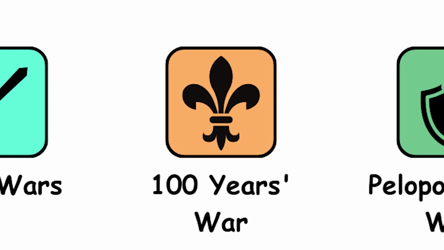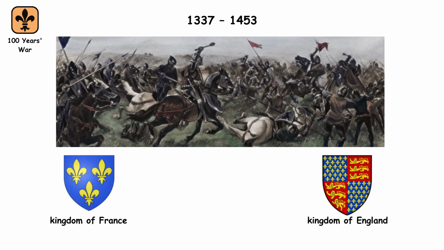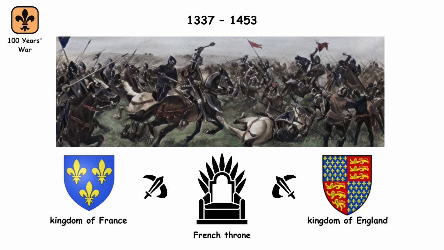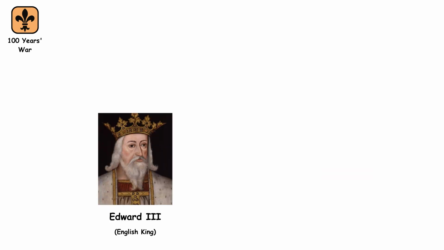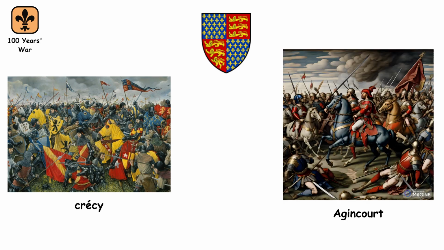Hundred Years' War, 1337–1453. The Hundred Years' War was a protracted struggle between England and France over the French throne and territorial claims. It began when English King Edward III asserted his right to the French crown. Early on, the English won significant battles like Crécy and Agincourt, but the tide turned with the emergence of Joan